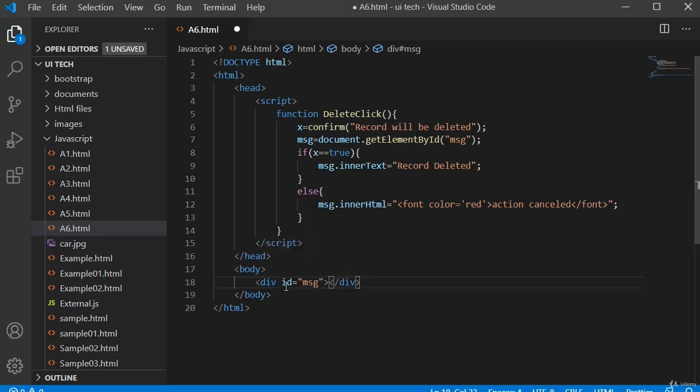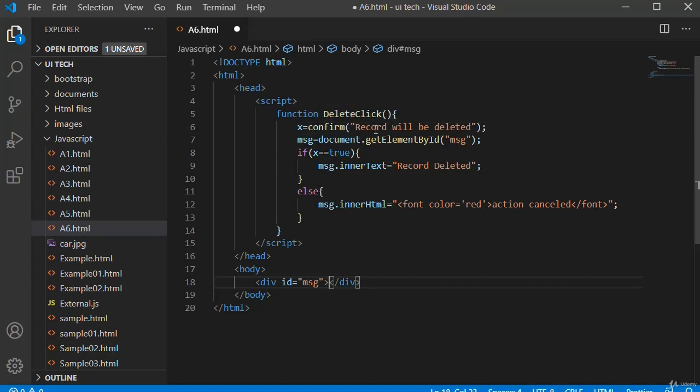By using this div id equal to msg, I am creating a msg variable equal to document.getElementById msg. In this msg, I want to store a value like record deleted or action cancelled. That should be printed inside my div tag. That's the reason I'm using innerText and innerHTML, and I'm writing an if else condition.